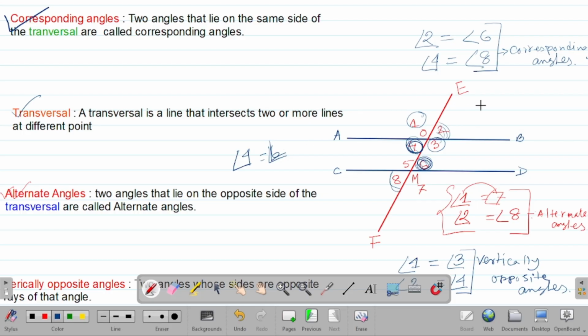It's because these two angles are equal and they are between the parallel lines. If you try to find another pair of